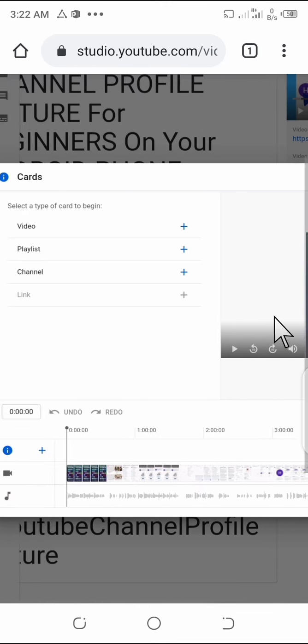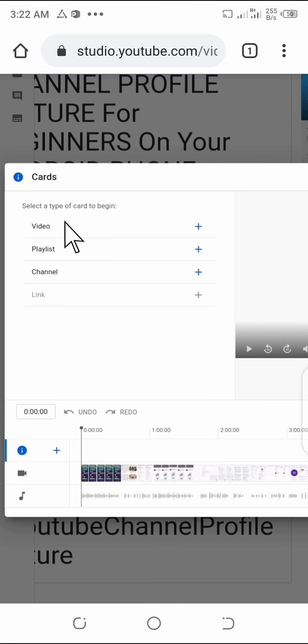So you go here, you're going to see video, playlist, channel. So depending on the one you want to add to your video, if you want to add a video card or a playlist card or a channel card, what you're going to do is, take for instance, I want to add a video card. What I'm going to do is to tap on this plus sign here.